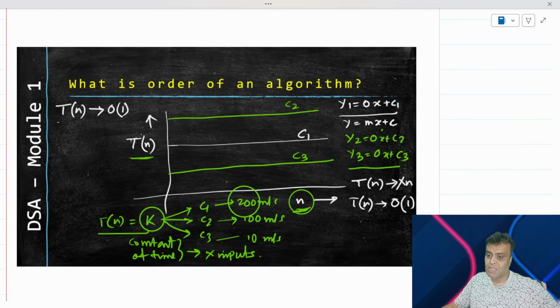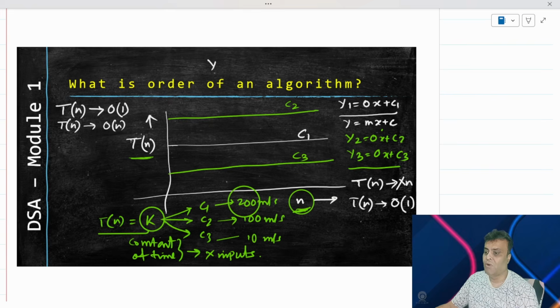Can I therefore say that we have also established that time taken can also be represented as an order of n, in case the algorithm follows y equal to mx plus c, right? The linear curve of the time taken by the algorithm, if it can be expressed as y equal to mx plus c, because here we have 1 as the degree of this particular polynomial, hence we can therefore say that this will be order of n.